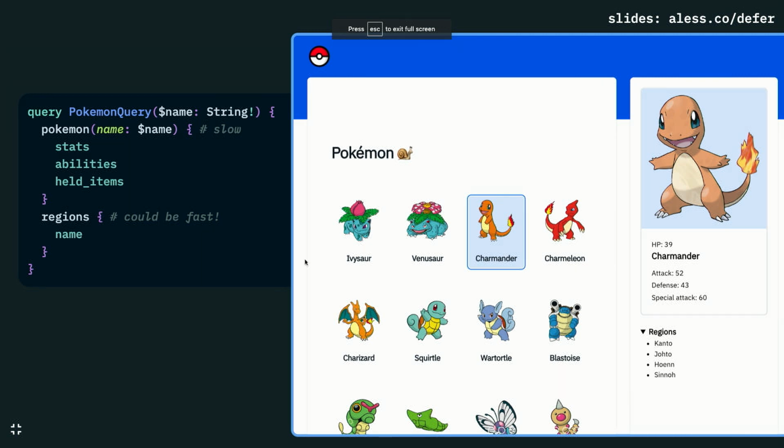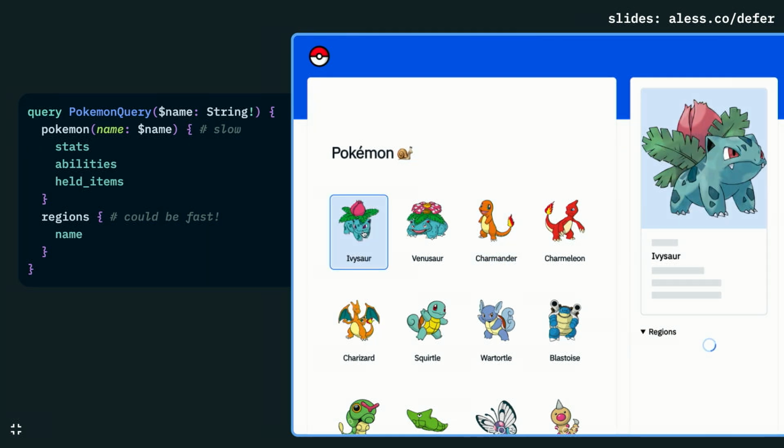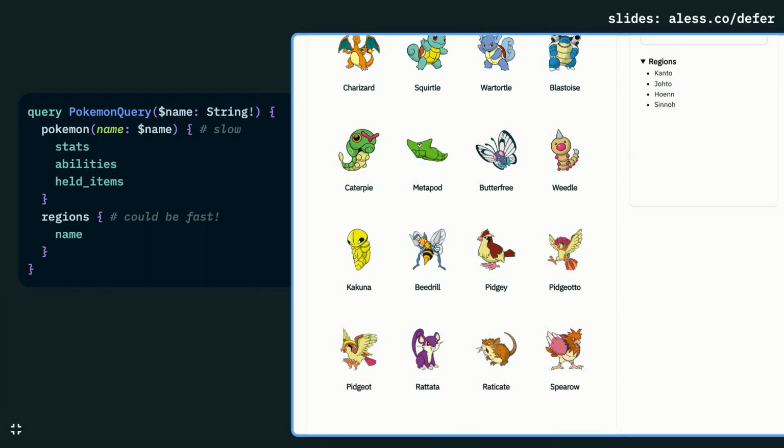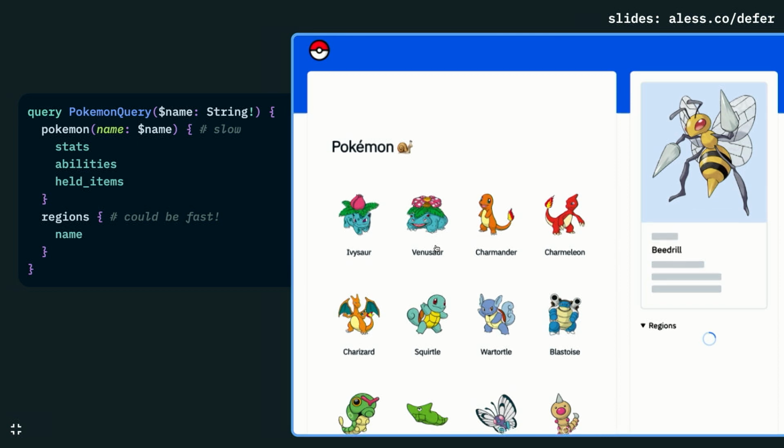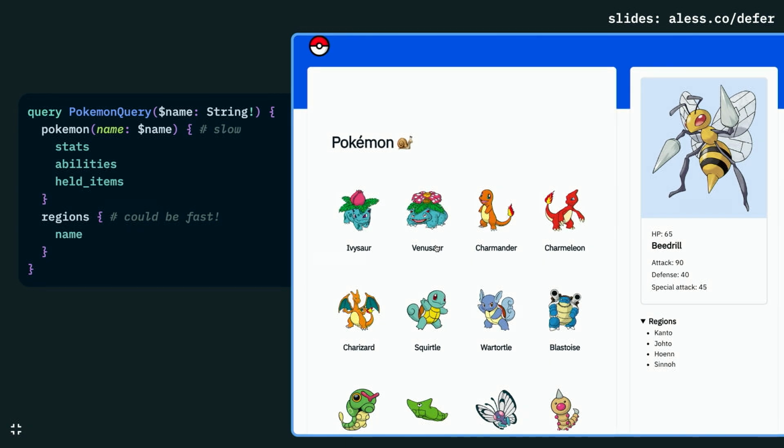This is the demo here, right? Our React app, we're fetching a list of Pokemon, and you see the query on the left-hand side that we're executing every time we click around. So this is my app rendered in an iframe here in these slides. So this is just a live web page, and you can see that we're trying to fetch some details about the Pokemon, some stats, their abilities, their held items, which sounds kind of ominous, but we're fetching lots of data,